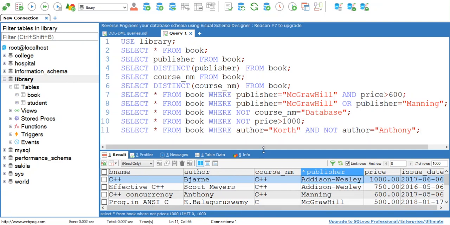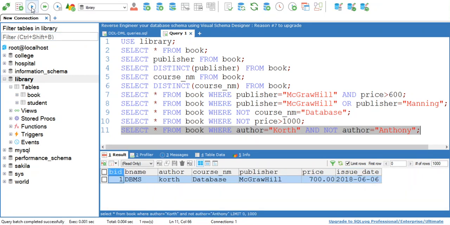It means that I want to display data for all those books that are written by Court but not by Anthony. So when you execute this query, it will give you the data for Court's books only.